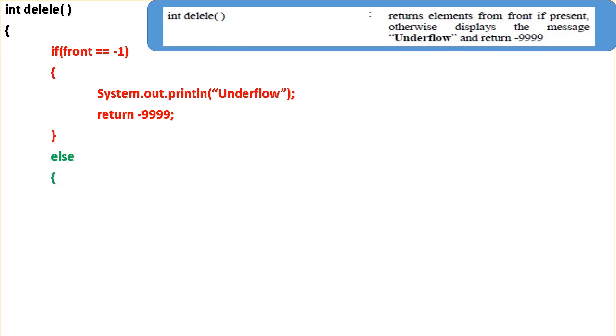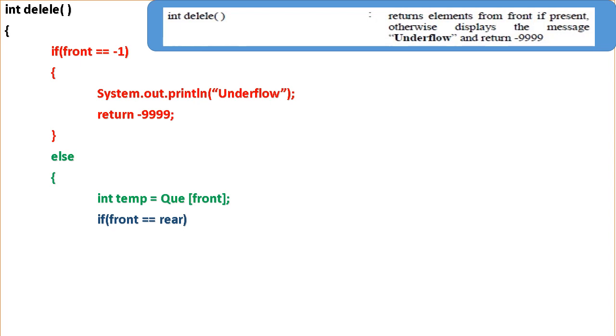Okay. Otherwise, first thing, just make a copy of this front index variable. So we have taken this into a temporary variable, and then we will see whether there is only one element or a few more elements. One condition is that if front equals rear, that means only one element is present in the queue.